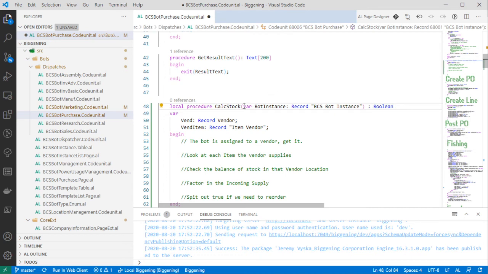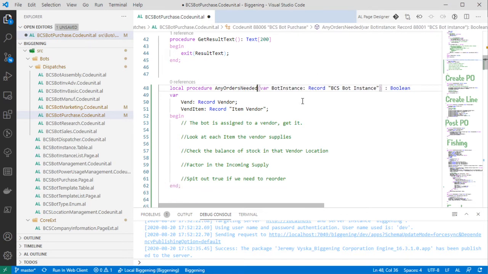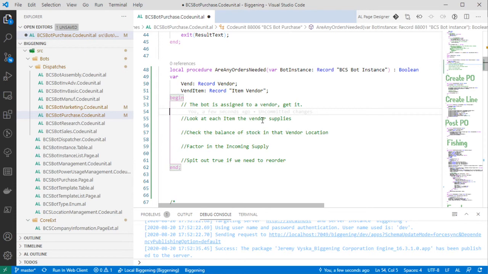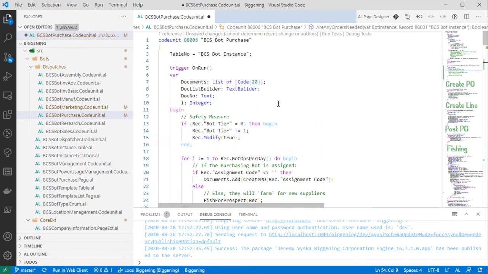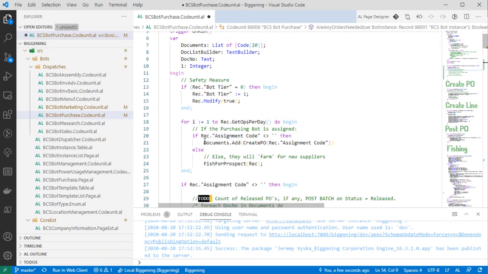So we're going to return a Boolean from this, just based on I handed you a bot instance, tell me if this thing needs to order anything. Any orders needed. Sounds like a good function name to me. I'll go semantic and go, are any orders needed. There we go. All right. I'm just double checking here. We will call this